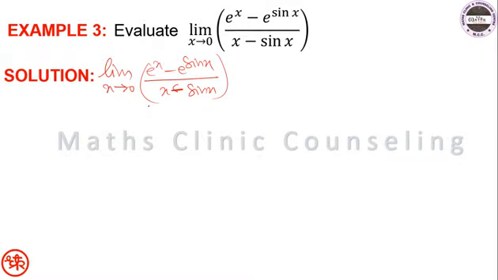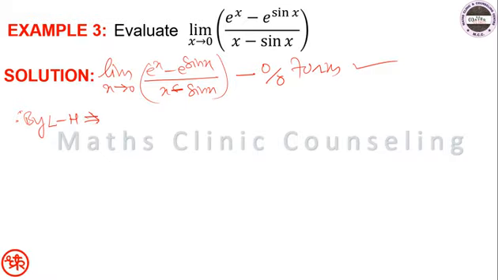Is that clear? Now check the form. This is 0 by 0 form. e to the power 0 is 1, minus e to the power sin 0, that is e to the power 0 is 1, 1 minus 1 is 0, and here is 0 minus 0, that is 0 by 0 form. Okay, and therefore by